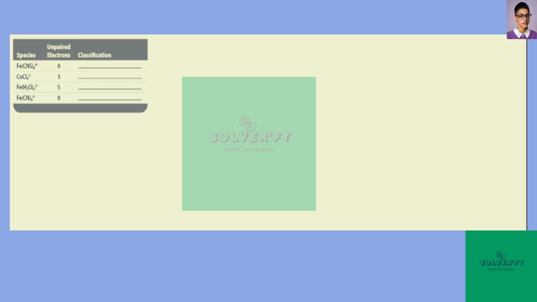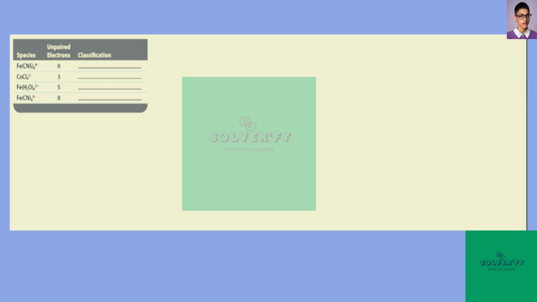Here the question is, the following table indicates the number of unpaired electrons in the crystal field diagrams for some complexes. Complete the table by classifying each species as weak field, strong field, or insufficient information. So in the first case,